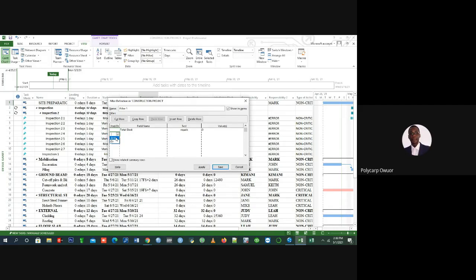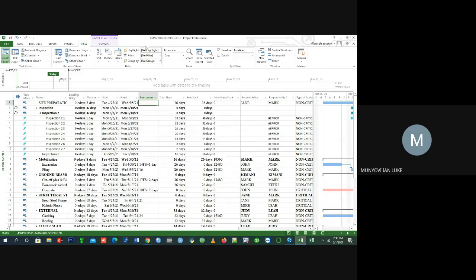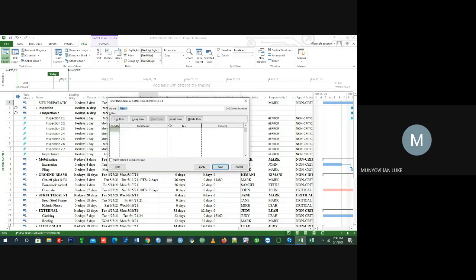Yes. Okay. So Solomon, cancel that so that we start. Just close it. So we say filter is just to filter certain activities. And with these activities, you want to see activities which have a total slack equal to 0. You know, if a total slack equals 0, it means that one is a critical activity. So you'll go to filter and then new filter. New filter. And then